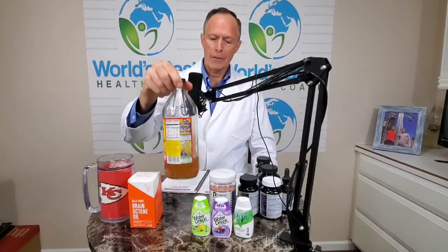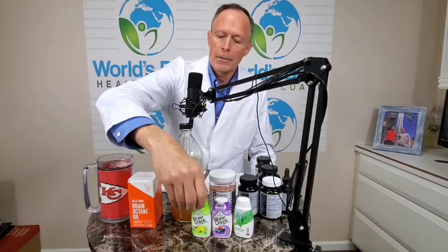But add the apple cider vinegar to a big glass. A glass like this is okay, but I like those big sports bottles that are even bigger. It's going to hold about 24 ounces. I put 15, 20 ounces of water in here, good healthy water. Add apple cider vinegar. I'm going to add 1 or 2 squirts of stevia. This lemon lime stevia goes great in there, and just squirt, squirt. Put as much stevia in there as you want to your taste. You might want less, might want more. Depends how sweet you want it. I don't want to have you take it when it's super, super sweet. Because I want you to start getting used to not having so much sweet stuff in your body, through your tongue, through your brain. So add some stevia, add the apple cider vinegar with the water, add some ice in there,